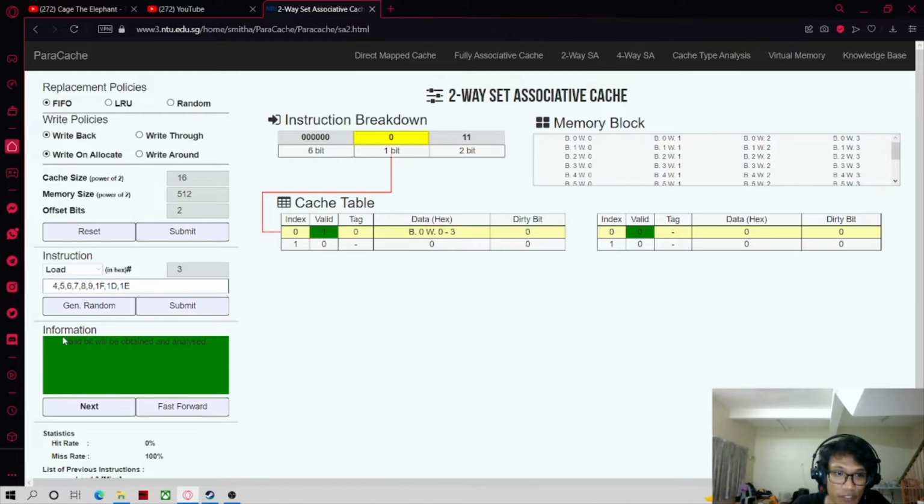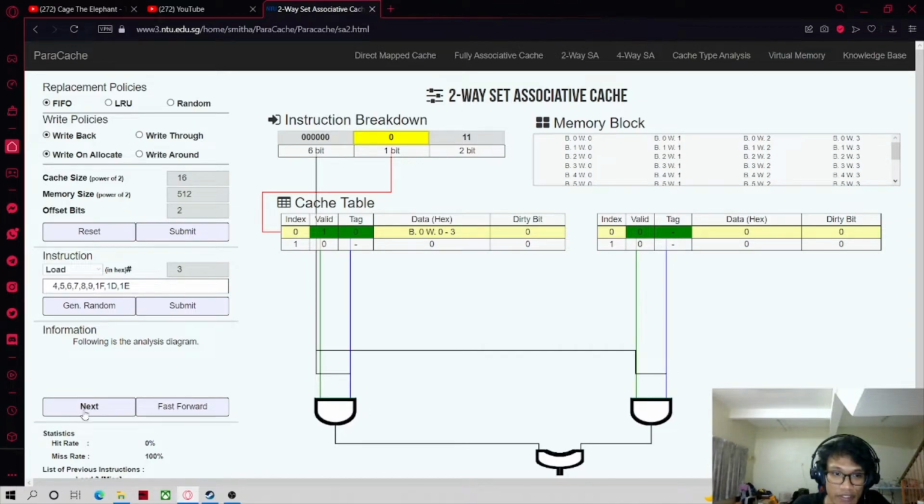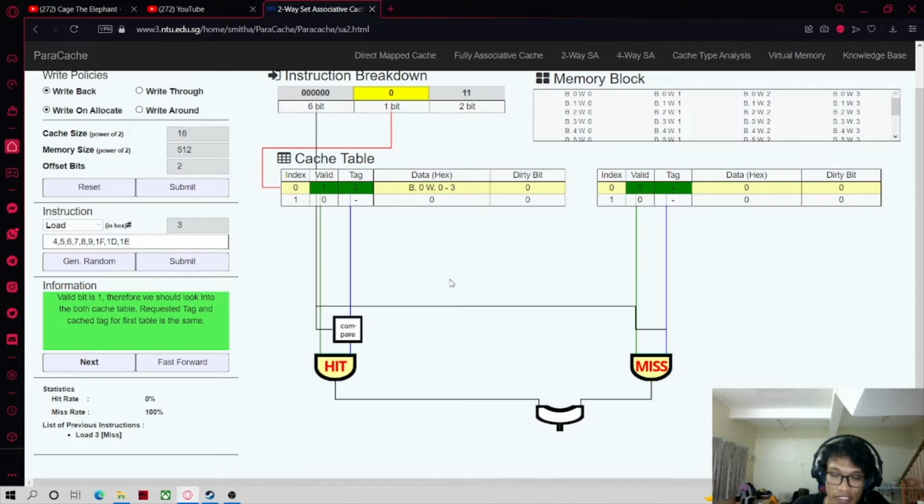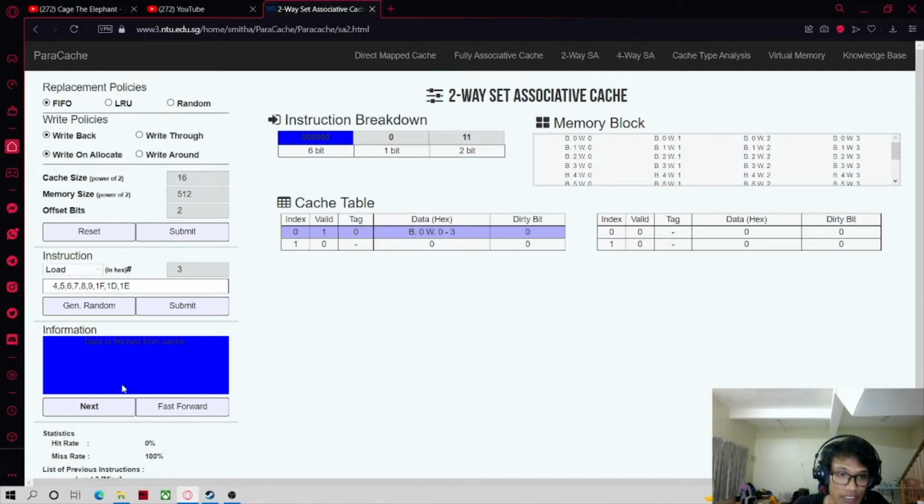All of the process will be repeated just the same. And this is our analysis diagram. By looking at both of the cache tables, the requested tag and the cache tag for the first table are the same, and as you can see on the analysis diagram over here, one of the gates is hit and another one is missed, so the cache will be hit. And moving on to the next cycle,